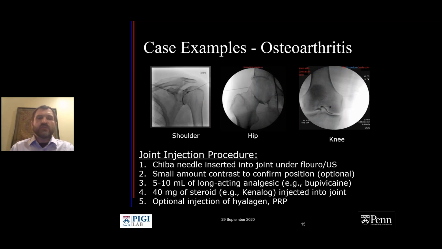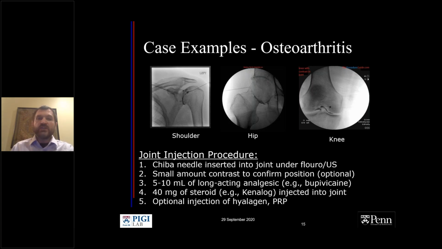So here are some examples. We do several of these a day in our interventional radiology practice at the VA and other hospitals we work at in the Penn system. Basically, under fluoroscopic guidance, you're placing a thin needle into the joint, and then you inject a small amount of a radio-opaque contrast, like IsoView, into the joint, and that just confirms the positioning of the needle within the joint. So you can see how it spills into the joint there, in the shoulder,